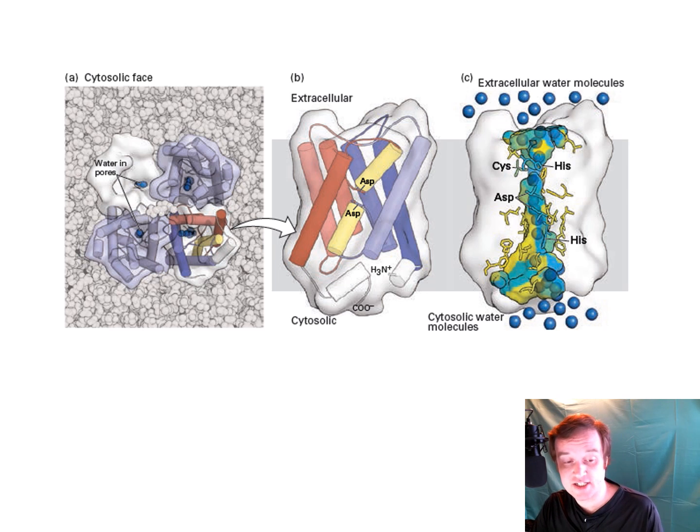And so they're a tetrameric protein, so they have 4 identical subunits, and each subunit forms its own channel. As you can see from the top view here, we have 1, 2, 3, and 4 subunits, and then in the center are these pores, and those are the areas where water transports through. So in B here, we're going to look at a single subunit of aquaporin, and you can see there are